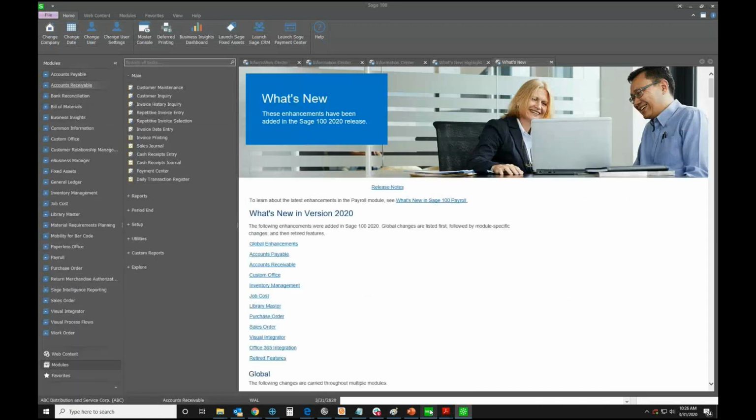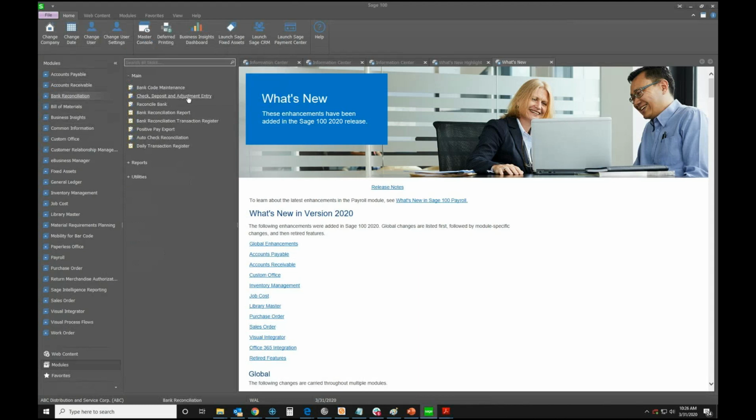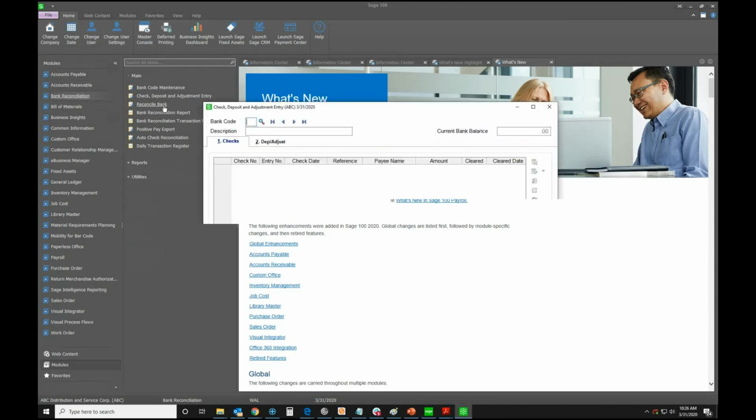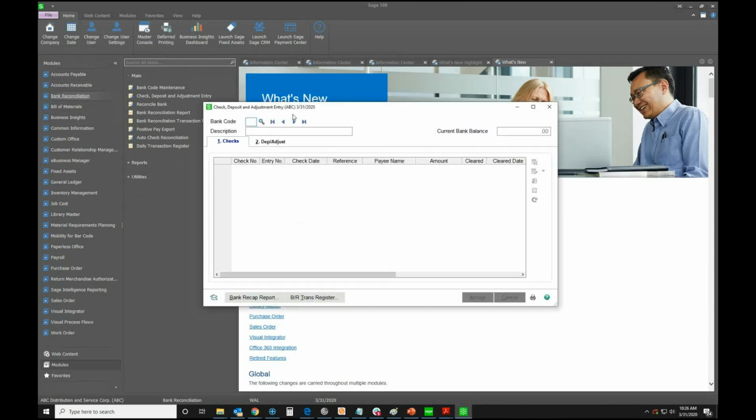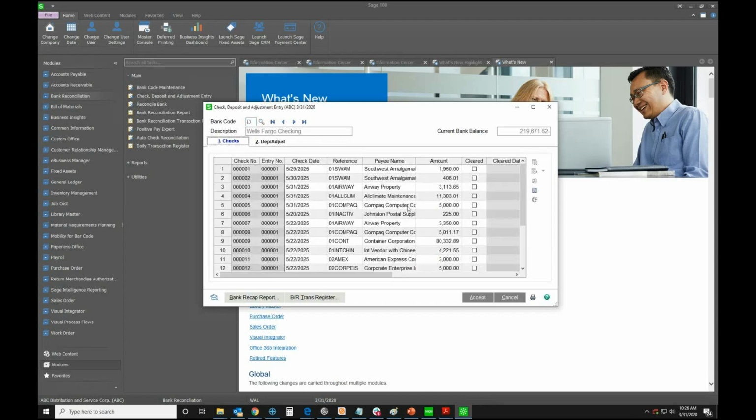Okay, so we're going to go back in the Sage and go to bank reconciliation, and you can go to check deposit and adjustment entry. Unless you're just ready to go straight to reconcile bank, then you can go there. And we've been working in bank D. So when you come down here, you'll see that